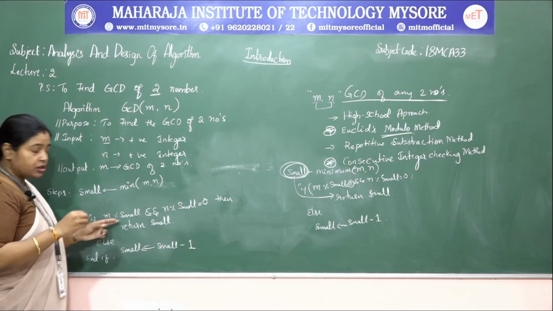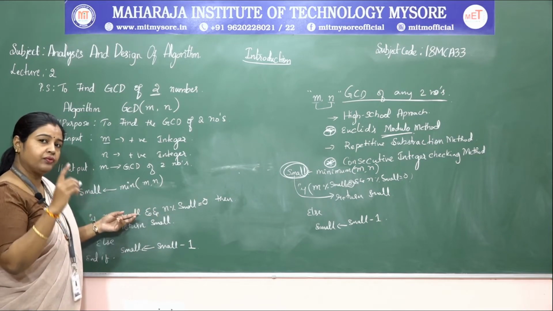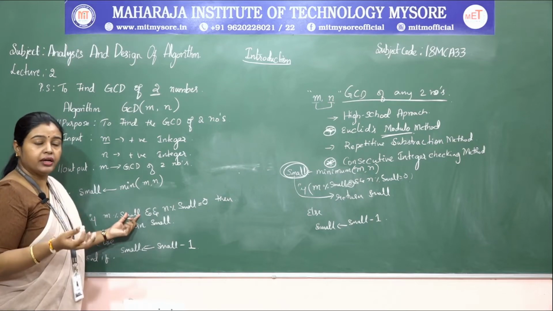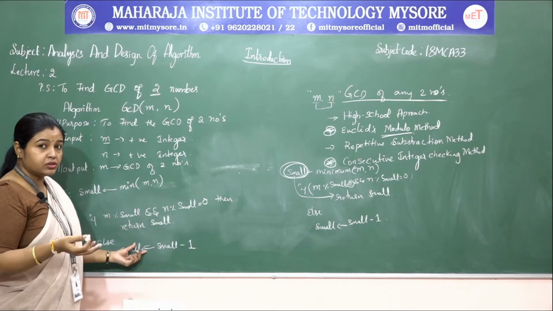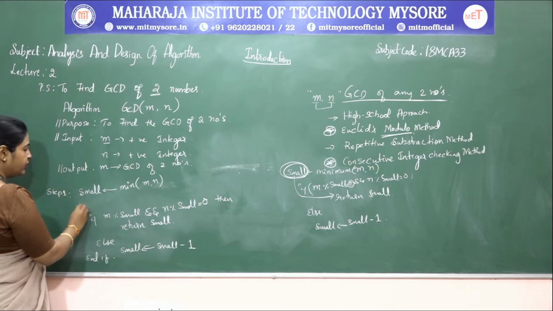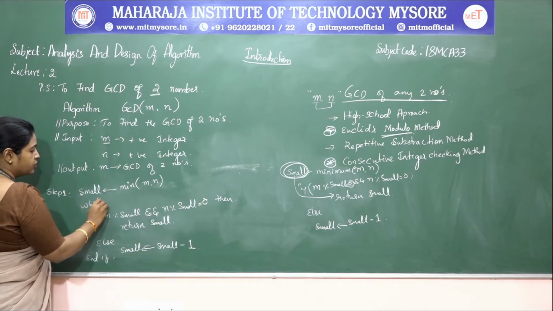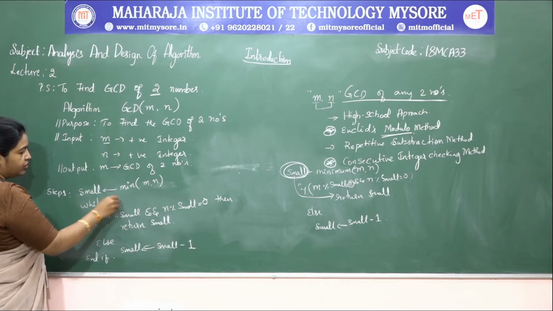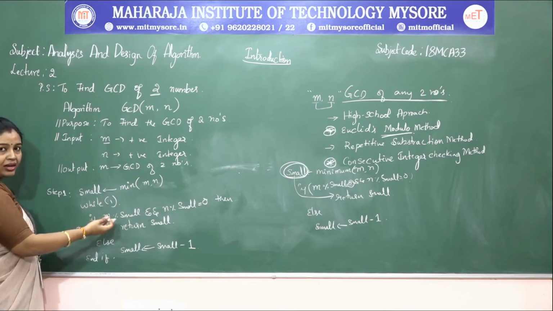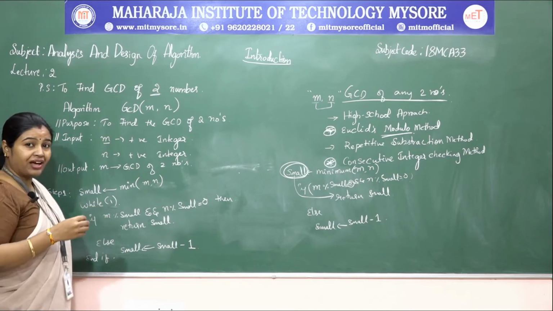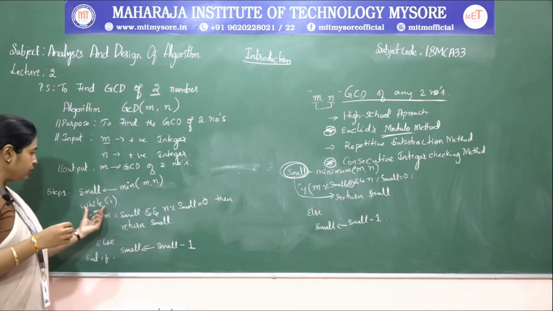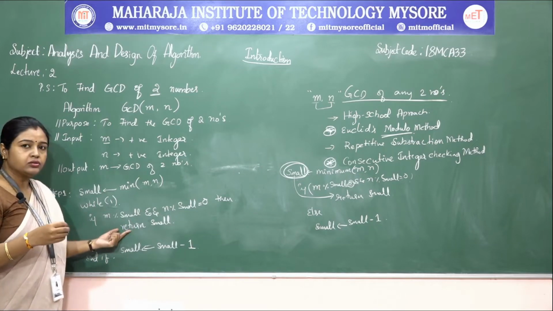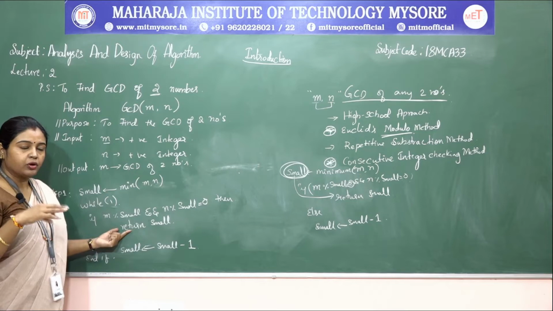Now this procedure should be repeated. Why? Because if in the first case itself you get the common one, then it is okay, but if you are not getting it, then you must reduce the small by 1, right? So for that we need to put a while true condition. While true, we need to execute these steps. Usually we will write in C syntax like while of 1, where 1 holds the boolean value of true, right? So while 1, we need to repeat this step. And this is like in the return one, so directly it will go back to the called function.